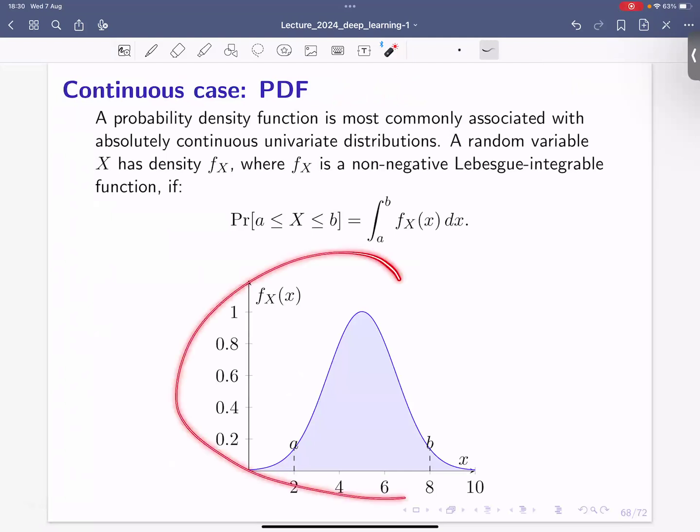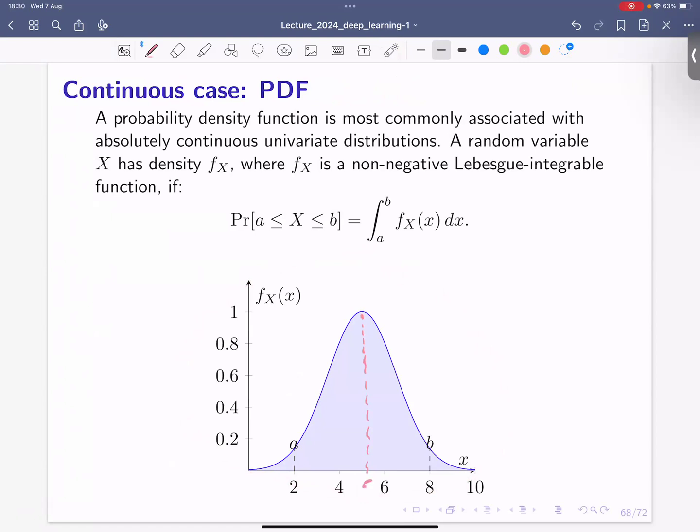So let's look again at the example of the Gaussian. Here I've drawn a Gaussian distribution centered at 5, right? And how do we actually get the probability, so we have a random variable x, let me highlight it. Let's say we want to get the probability of x to lie between a and b. So let me highlight these 2 intervals, a and b. Let's say here it's 2 and 8. So how would you get this? If you want to know that this random variable is between a and b, intuitively, what you will do is you will integrate